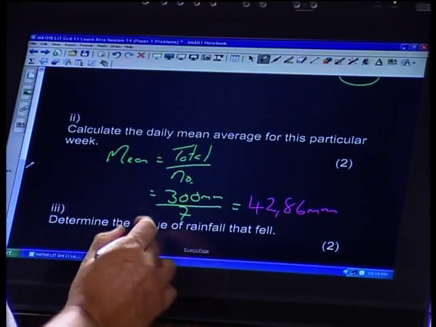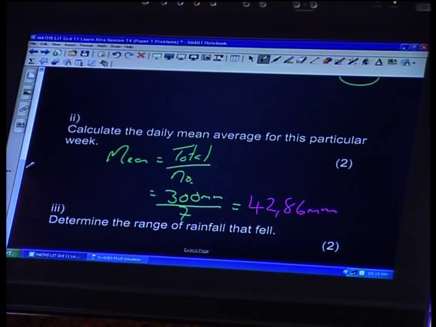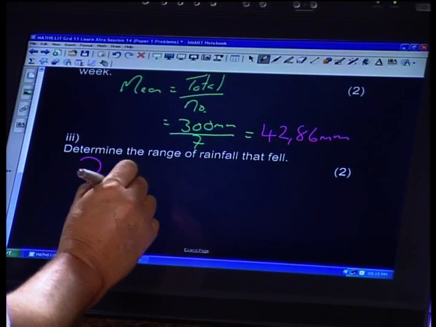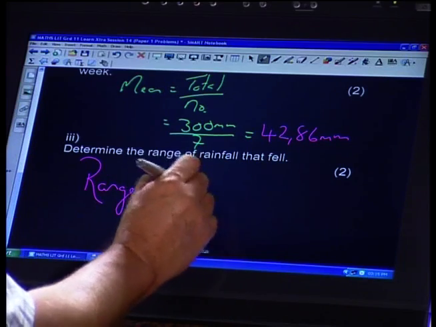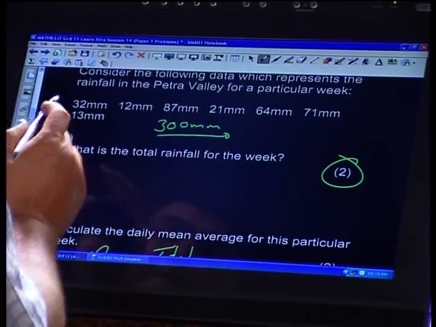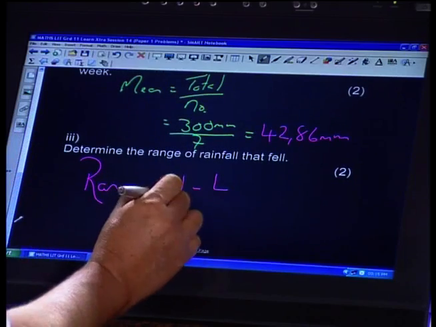Now, determine the range of rainfall that fell. What's range? Range is my highest amount minus my lowest amount. It's the difference between that high amount and the low amount. So my range is the highest minus the lowest. What was my highest rainfall? Let's have a look. Here it is, 87. So I've got 87 mils